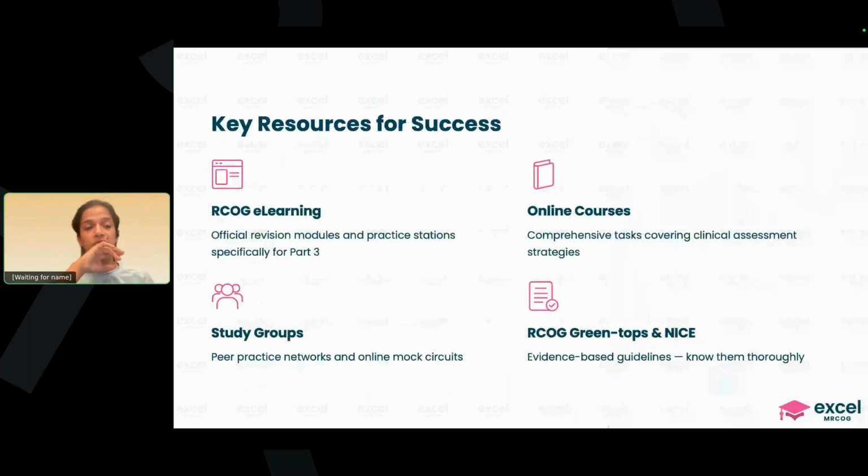Now there are various resources. There is RCOG e-learning. There are online courses. There are on-site courses. There are summaries of guidelines, study groups, mock exams. So whatever you are comfortable with, you can choose. All right. So with that, I would like to say that